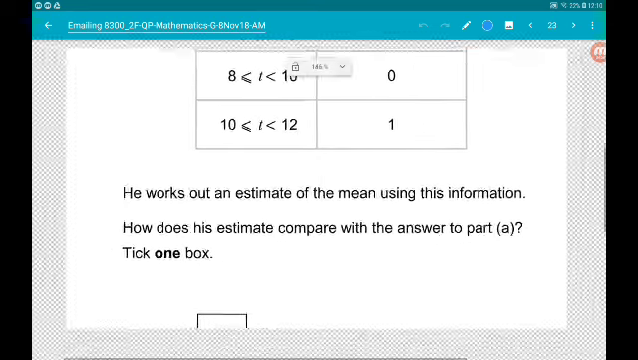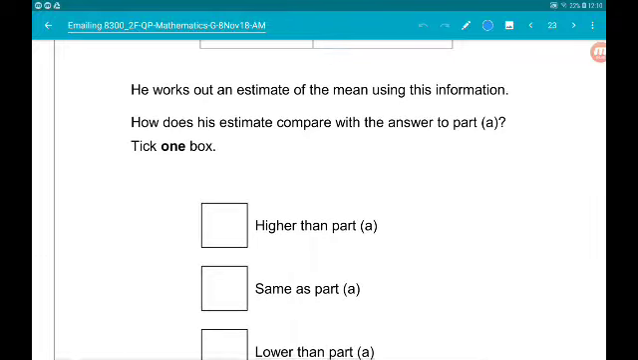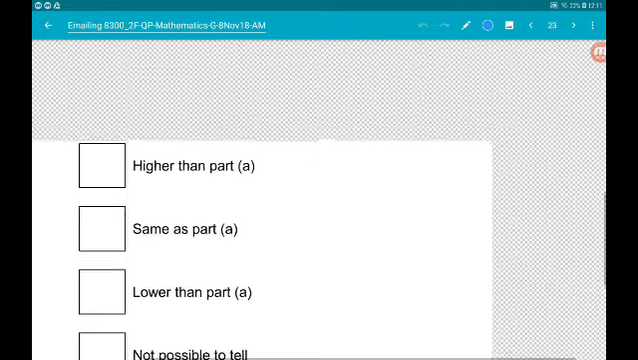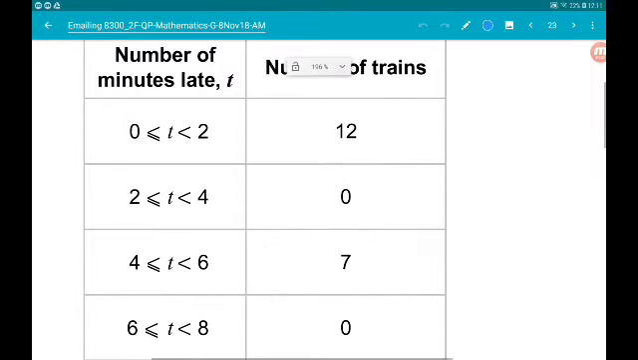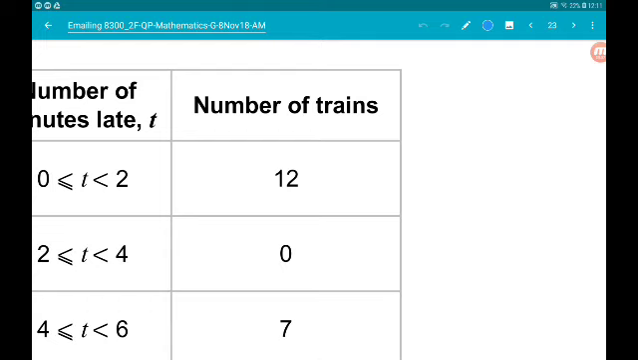So he works out an estimate of the mean using this information. How does his estimate compare with the answer to part A? Tick one box: higher, same, lower, or impossible to tell. It's only one mark, which is a bit stingy because really we need to do a bit of working. So what we're going to do is work out his estimated total, just like we did in part A. So the estimated total